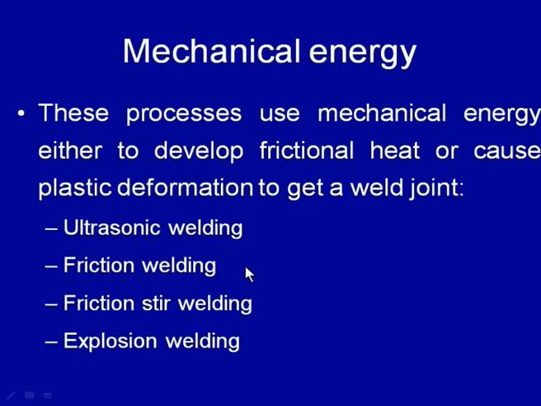While in friction welding, the components to be joined are subjected to relative movement between them under normal pressure. So, the frictional heat generated is used to soften the fin surfaces, and then finally forging pressure is applied to get the weld joint. While in friction stir welding,